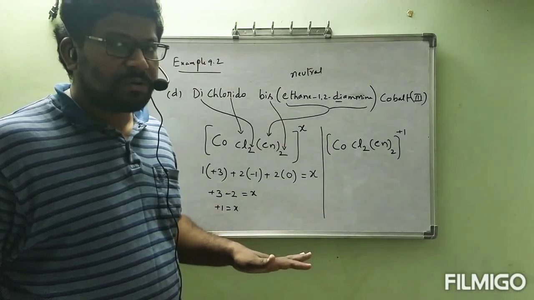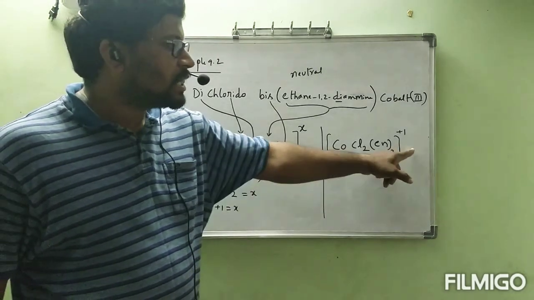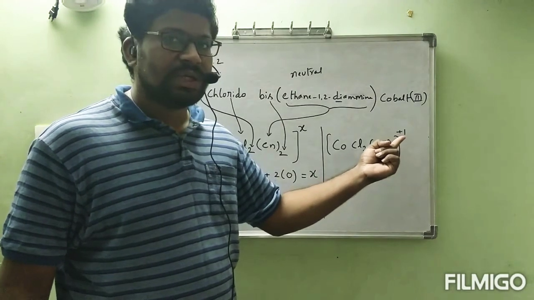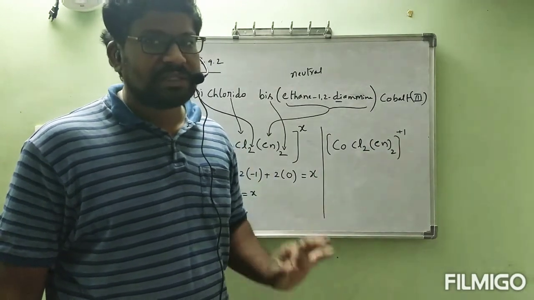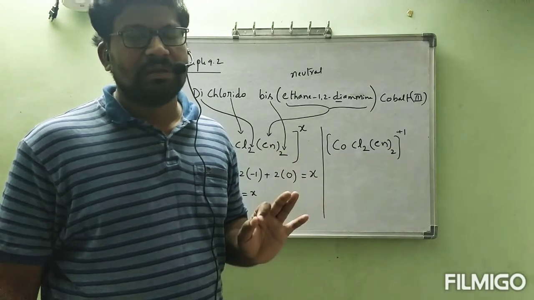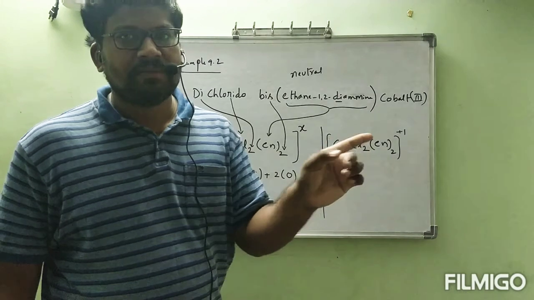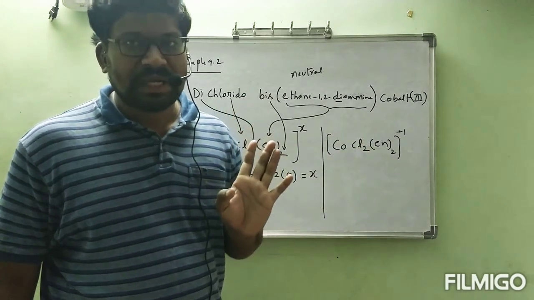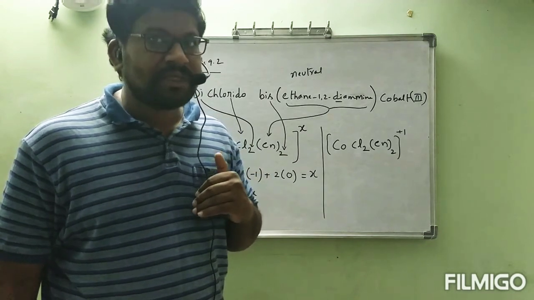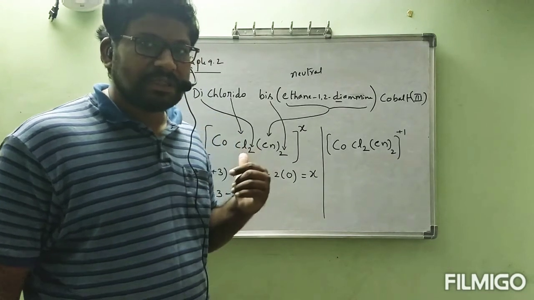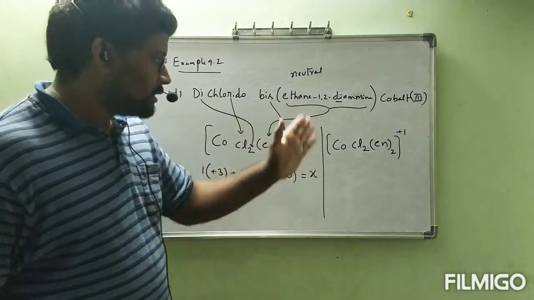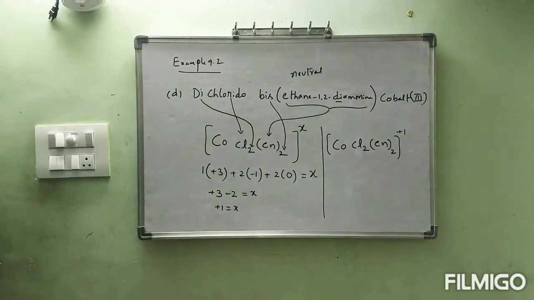If you want to write the complete neutral coordination compound, the outside counterion also we have to write. Otherwise, for a positive or negative complex, we have to show the sign. If there is no counterion, definitely we have to mention the sign. If there is a counterion, automatically it will become totally neutral. Suppose MgCl2 is there. If you remove that chlorine, you get Mg plus 2, so we have to mention Mg plus 2. Correct? Like this here also, the complex gets a charge if you remove the counterion. Okay, this is D.